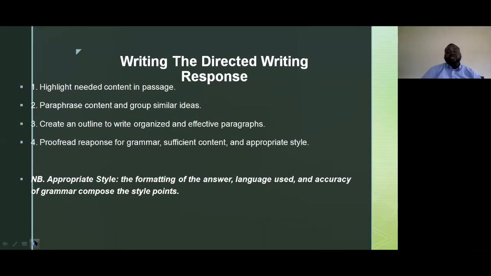And so I'm admonishing you that after you've highlighted the information in the passage, I'd like you to paraphrase and group the similar ideas together. You can group them together by creating an outline. And this outline will help you to write effective paragraphs, because examiners expect to see a topic sentence. Your transitions are expected to be used. You should have some sentence variety. Your paragraphs must have a topic sentence, supporting sentence, closing sentence, or clincher sentence, and you must have an introduction